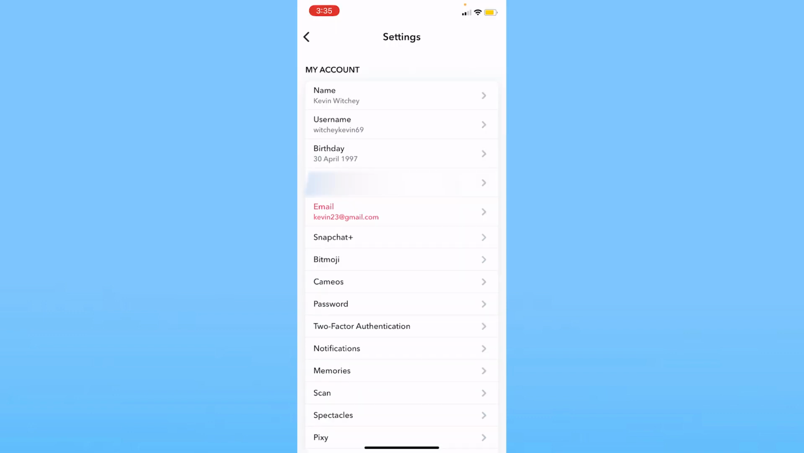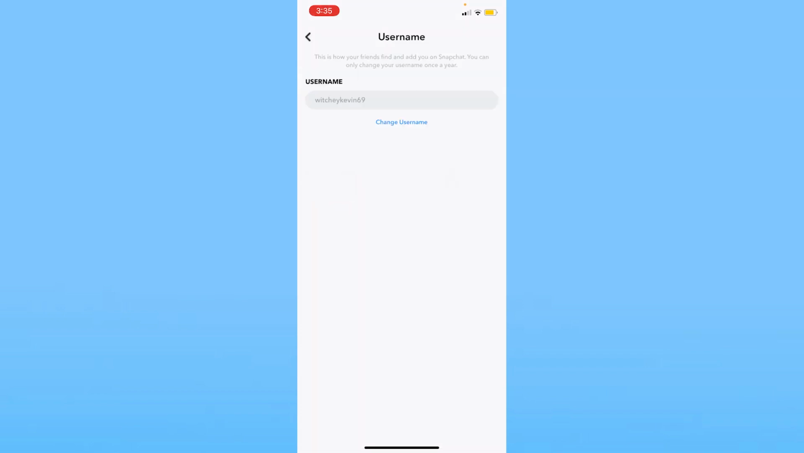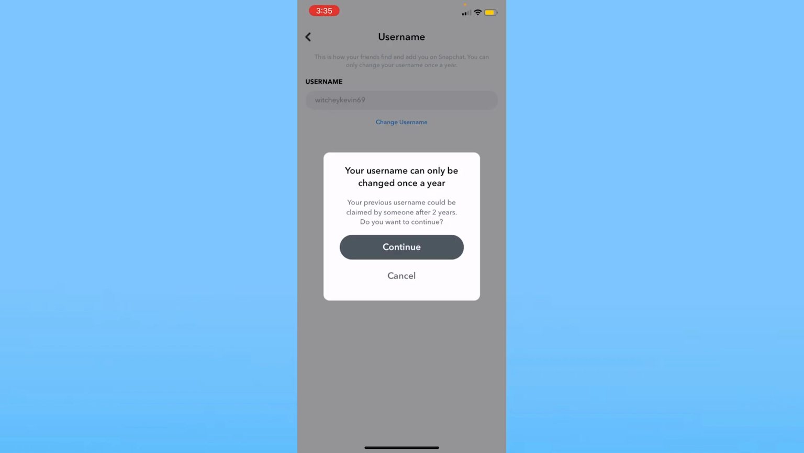Now once you're in this place, at the top where it says username, right below name, you can click on username. Now once you're inside username, your current username is going to be displayed. So my username is WitchyKevin69. What you can see over here, right below the username in the blue color, is the option called change username. You want to click on this option, change username,